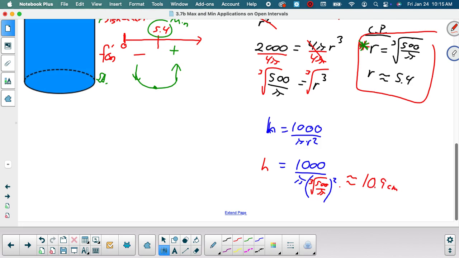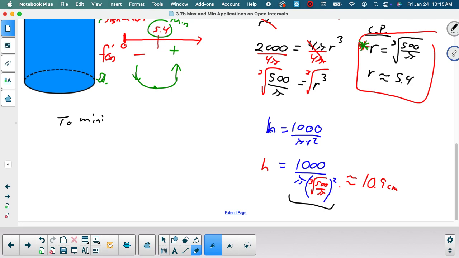But I wouldn't have to find my other dimension, and that's going to be H here. But this would be okay. So if I want to write this to minimize the surface area, the dimensions need to be,